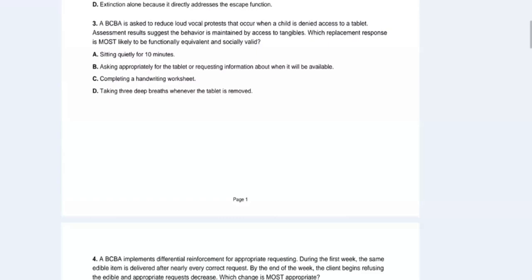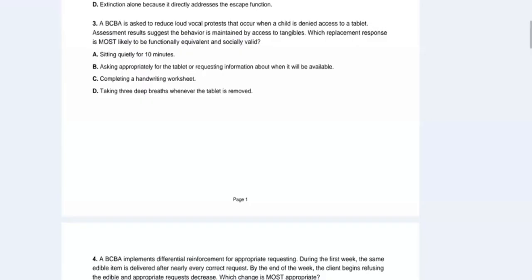Sitting quietly for 10 minutes? No. Asking appropriately for the tablet or requesting information about when it will be available.